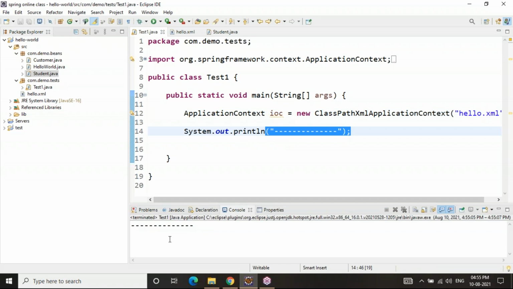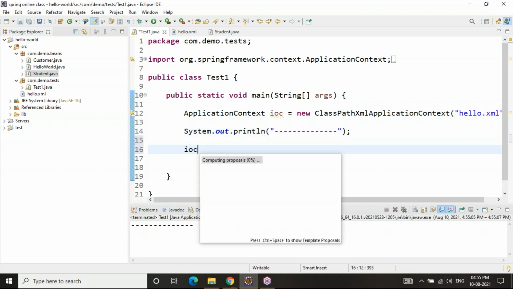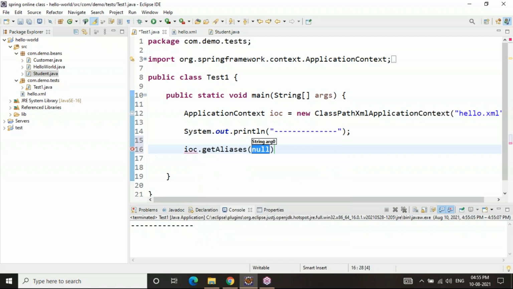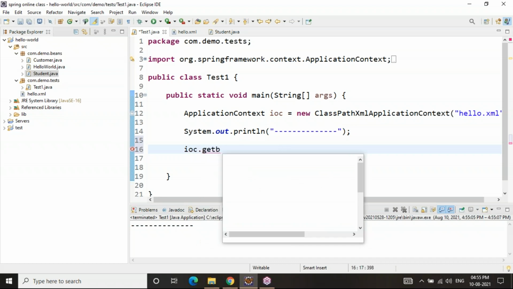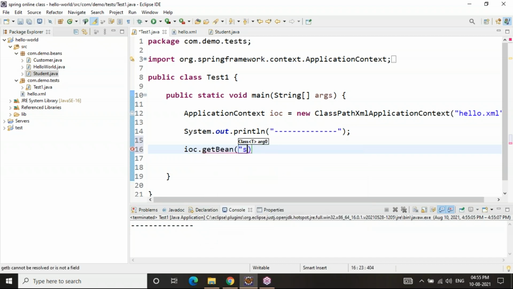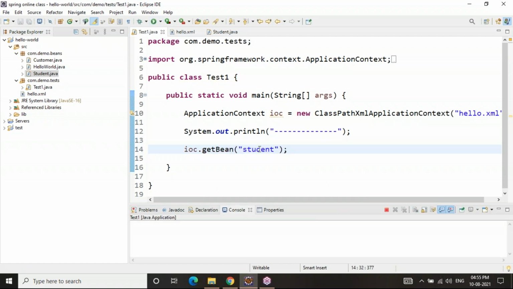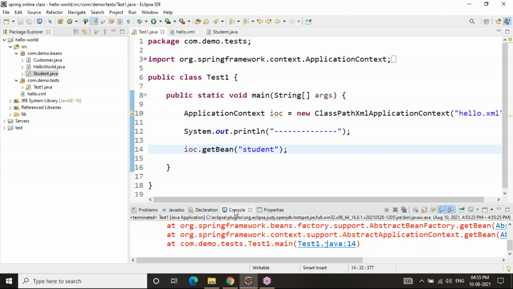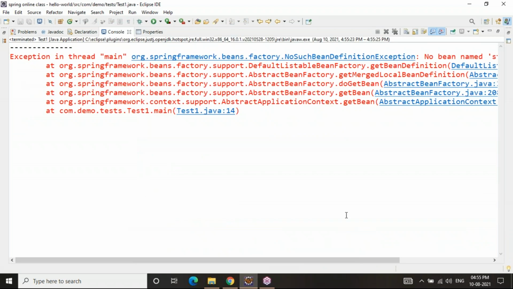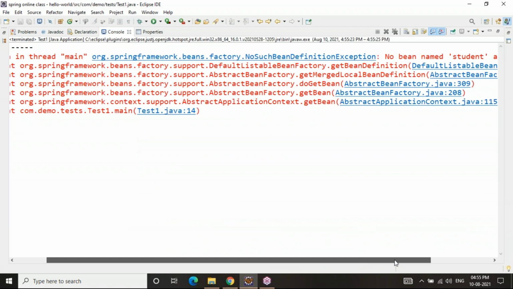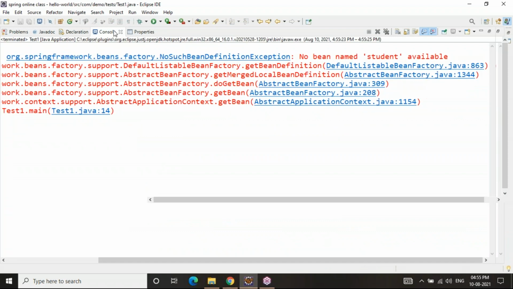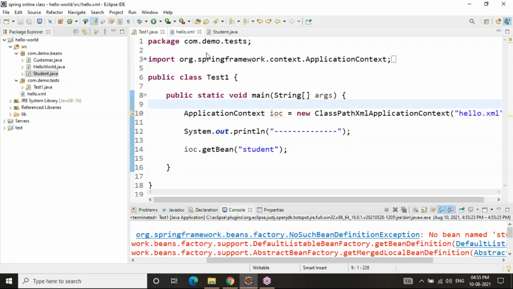You see, just a line. There is nothing inside. If you ask IOC, can you give me HW or student, then container will say no such bean definition exception, because there is no bean defined with this student. No such bean definition exception. No bean named student is available. You already know that. But my point here is,